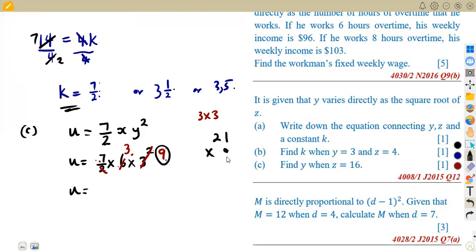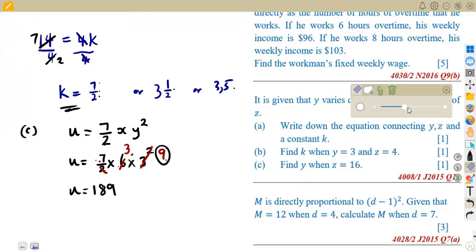If we multiply by 9 here, that's going to be 9 times 1, which is 9. 9 times 2, which is 18. So meaning to say here we are going to obtain 189. That is the whole idea of your simplification. As you can see, the part of substitution also plays a role in your simplification. The part of substitution, just substituting and making this the subject of the formula, is also part of your simplification